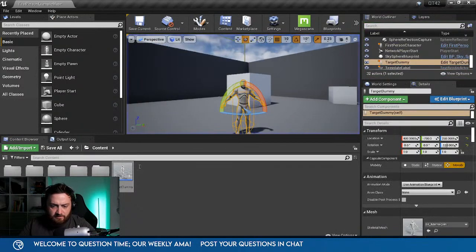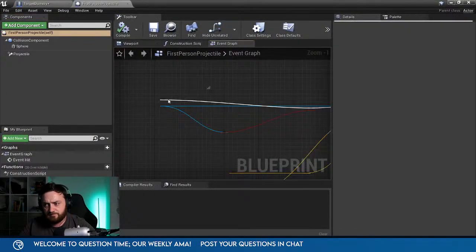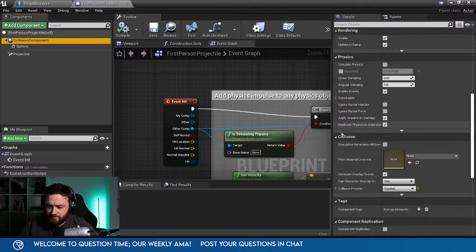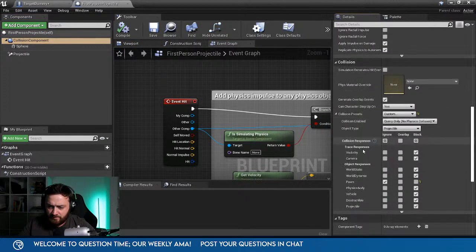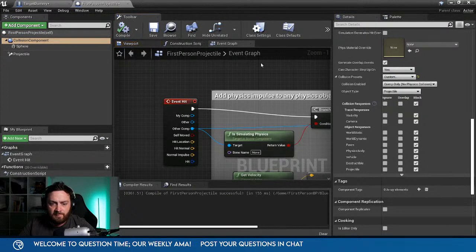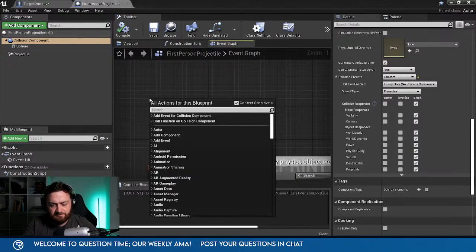No, okay, then we'll check the projectile and make sure that that's set to collisions as well. So collision component, and we go down here, and we're going to tell this to pawn here. So it's ignoring pawns, set to block pawns. Now they've probably put that down as ignore pawn by default because it doesn't want you to collide with your own bullet. Easy way around that is if you go onto here on begin play